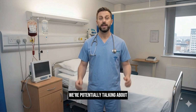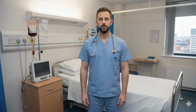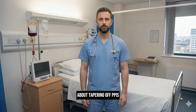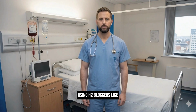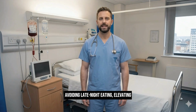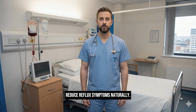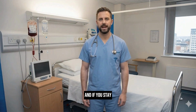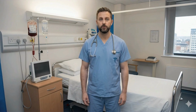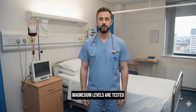We're potentially talking about a direct molecular pathway to neurodegeneration. What to do? Talk to your doctor about tapering off PPIs using H2 blockers like famotidine, Pepcid, as a bridge. Dietary changes, smaller meals, avoiding late-night eating, elevating the head of your bed slightly can dramatically reduce reflux symptoms naturally. And if you stay on PPIs long-term for genuine medical need, make sure your B12 and magnesium levels are tested